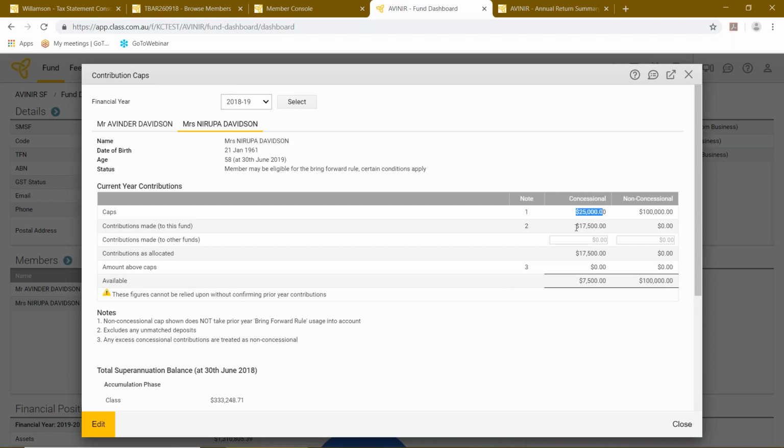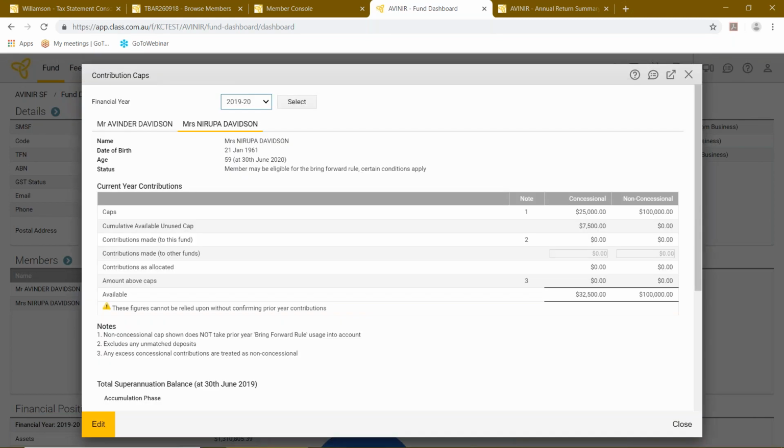the general cap of 25. I've actually made a contribution of 17,500. So then I have $7,500 left in my cap. So provided that next year the member's TSB is less than 500,000, they can use the 25,000 plus the 7,500. So if they go to the 19-20 year, which is the next financial year, they have 32,500. And this row called cumulative available unused cap is what will show the carry forward amount for